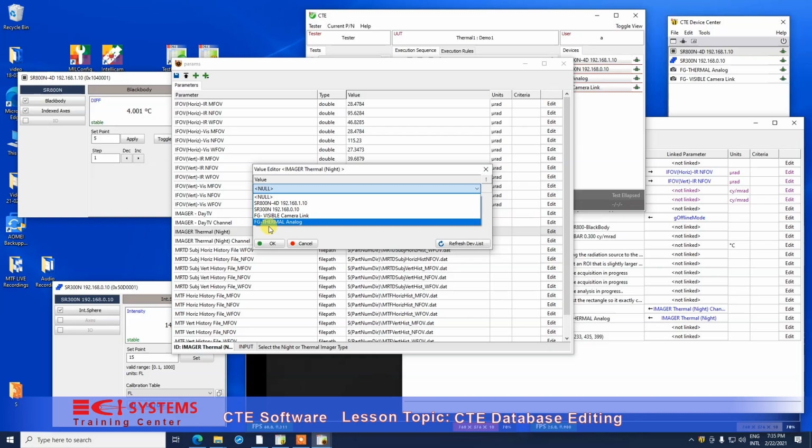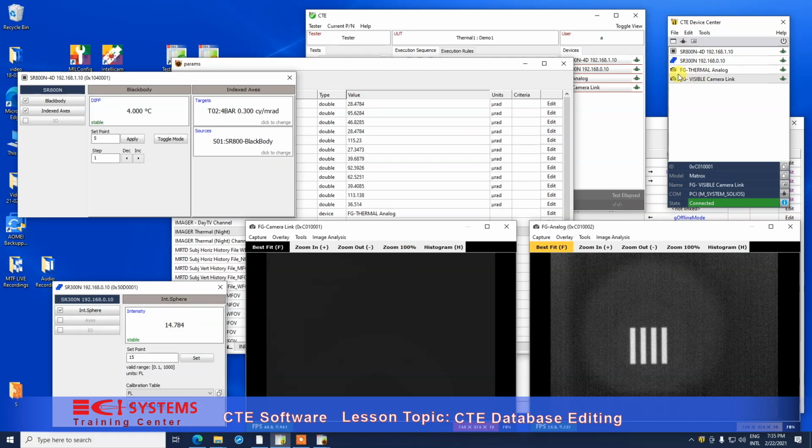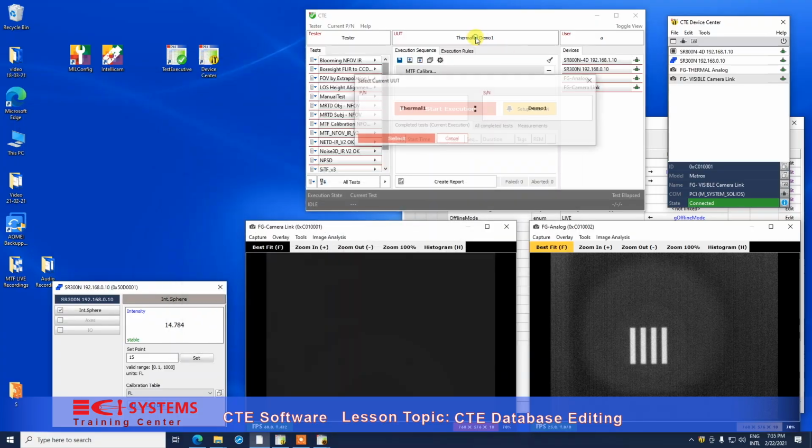Now I just named the frame grabbers thermal and visible, so it's easy to identify, but you can of course in the device center rename the frame grabber or input video device any way you want. So for the thermal imager, we have selected the frame grabber, which is analog, and let's say if we want to switch to the day camera,